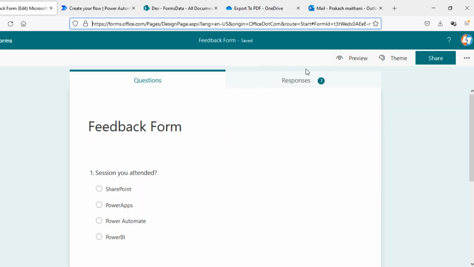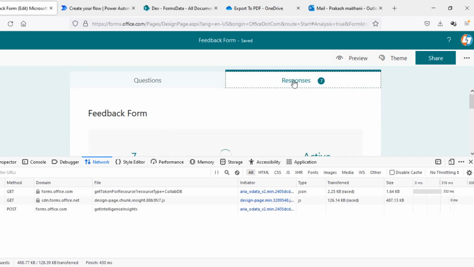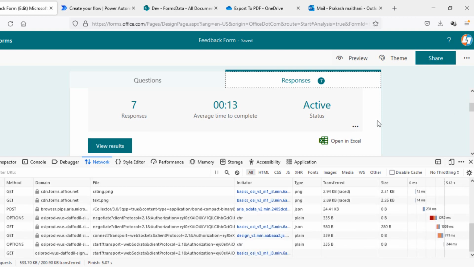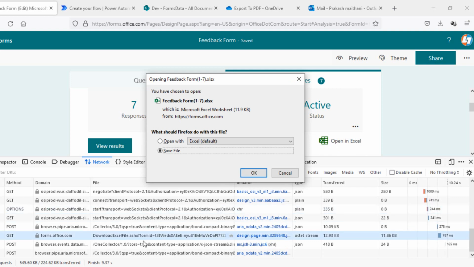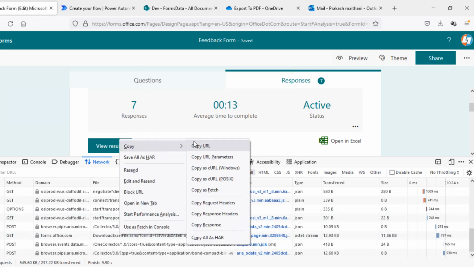go to your form, open your developer tool, and in the network tab I'll go to my response, form response here, and when I click on this open in Excel, you will see there is a download Excel file.ashx API is getting called on this get method. I'll cancel this and copy this entire URL